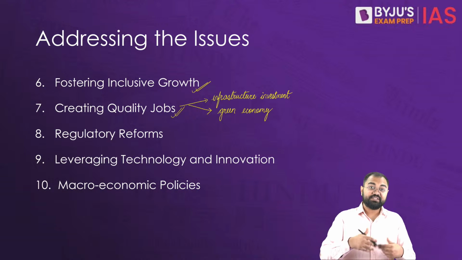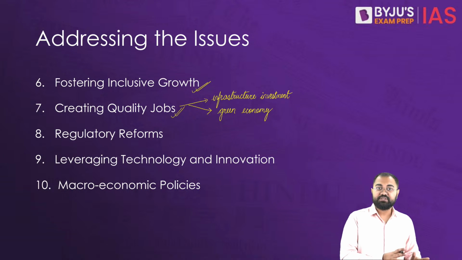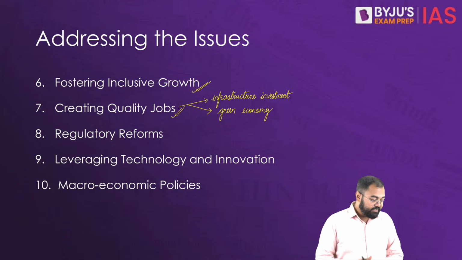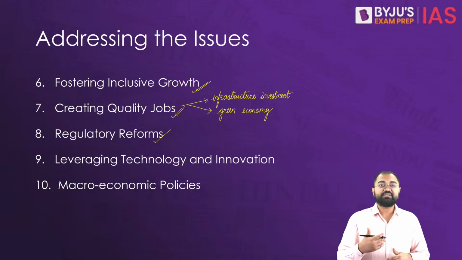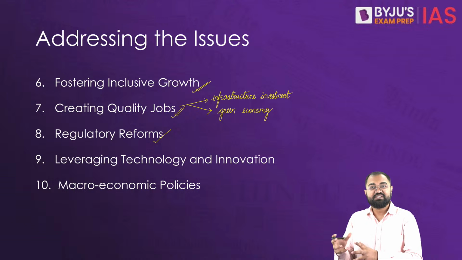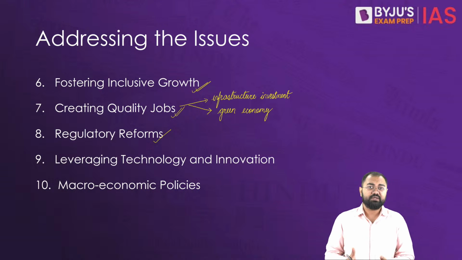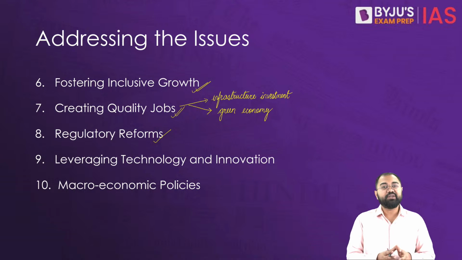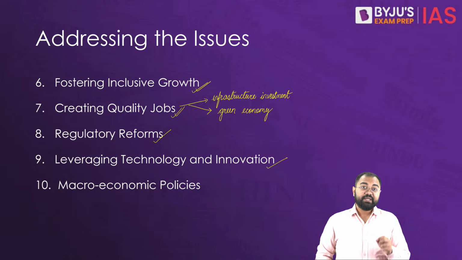Even in that case, sustainable agriculture, there is a lot that can be done in India with regards to sustainable agricultural practices. Then similarly, regulatory reforms. We can make certain changes trying to strike a balance between protecting the workers' rights and also providing flexibility to the employers to hire according to the market demands. And then leveraging technology and innovation. In today's world,